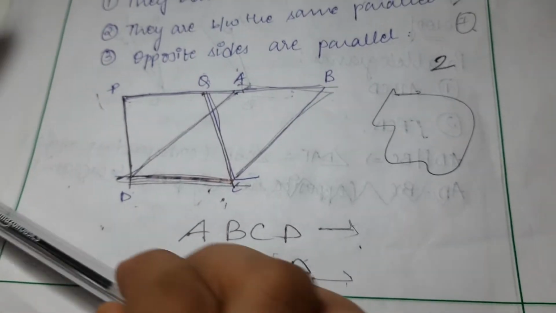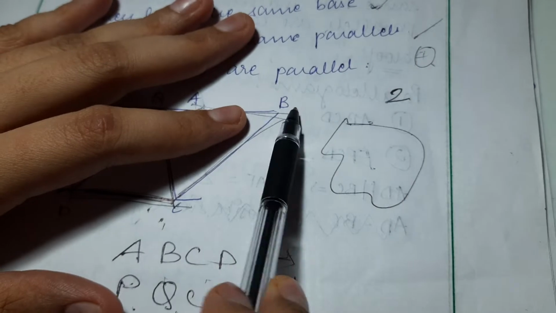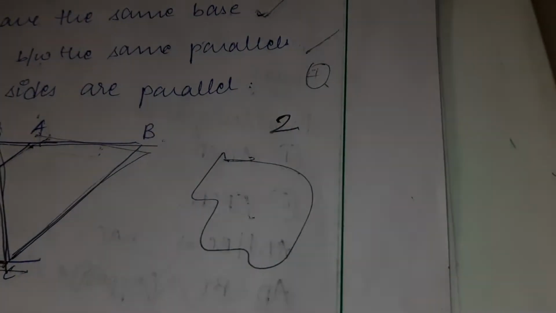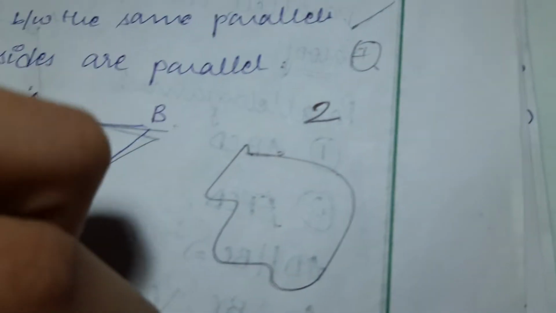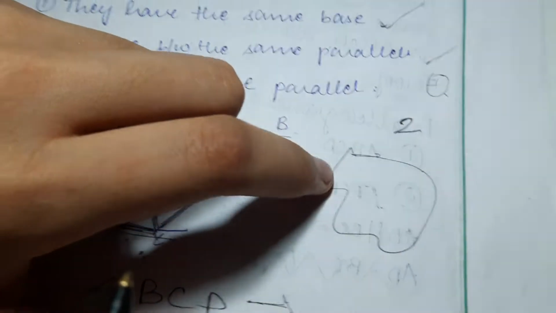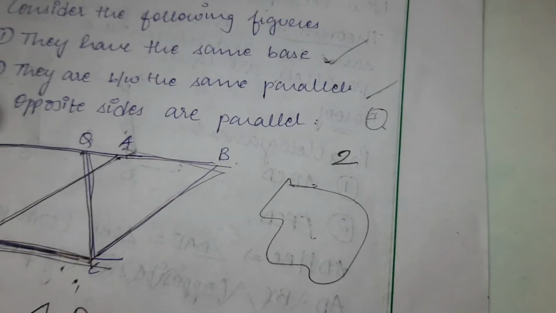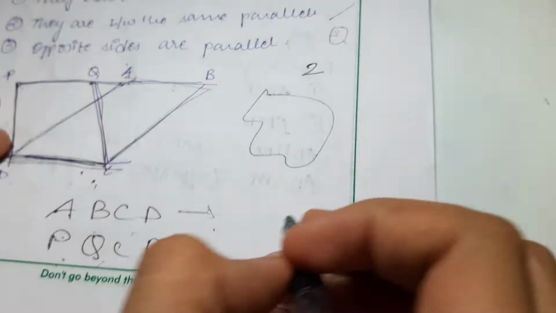So how do you calculate the area of something? You spread a graph sheet on it. If I want to calculate the area of this figure specifically, I will take a graph sheet and put it on this, and I'll draw the same figure on that graph sheet also. Now what to do? How do you calculate the area? Now the graph sheet has full boxes.